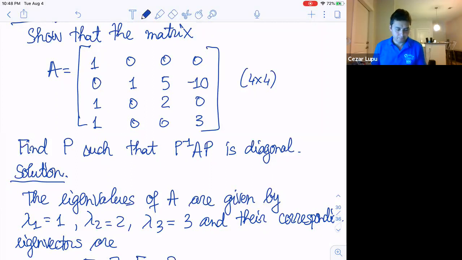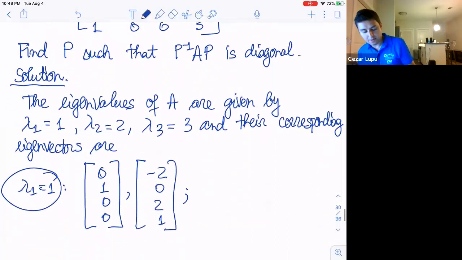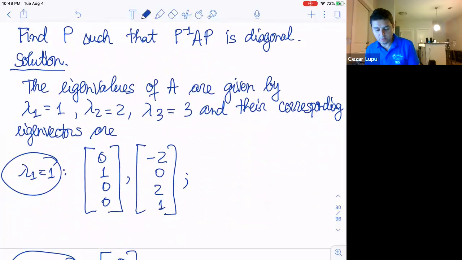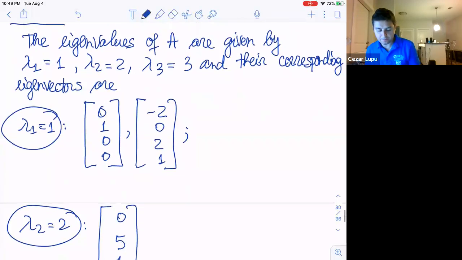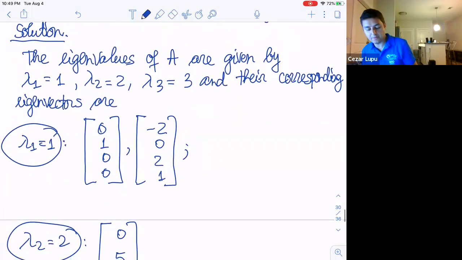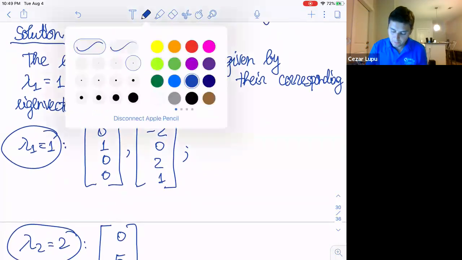And we need to find their corresponding eigenvectors. I'm just going to say it directly. For lambda 1 equals 1, it will have multiplicity 2,